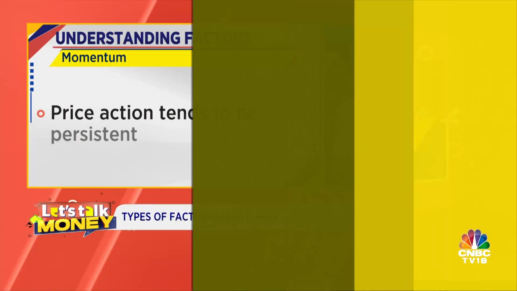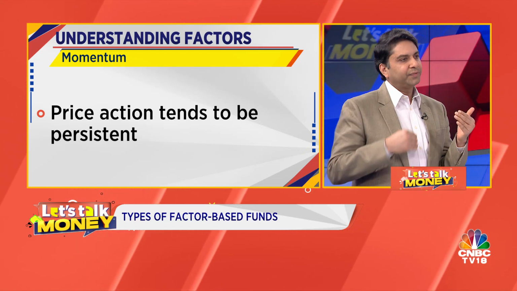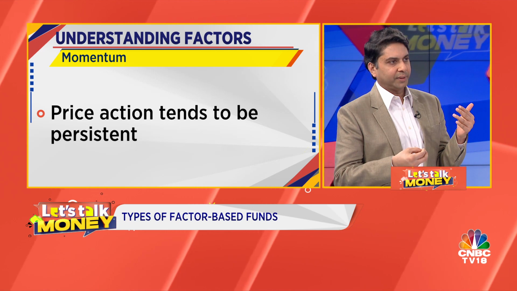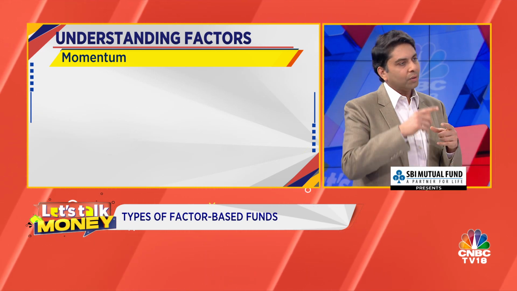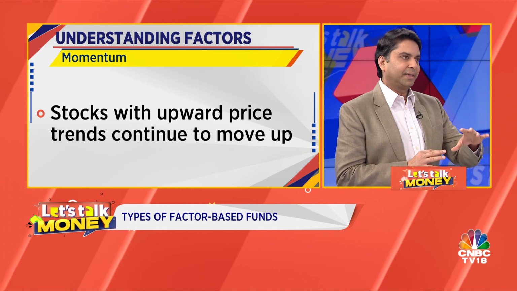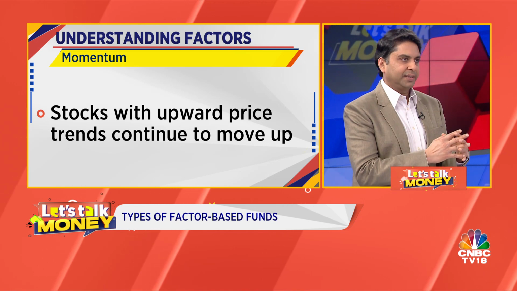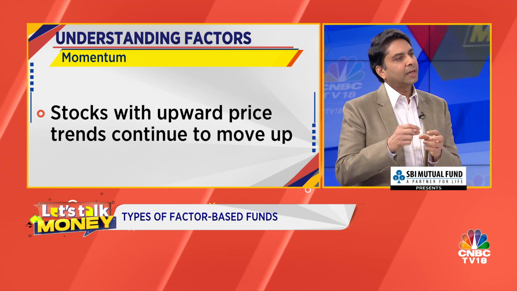Like for example, you have a Nifty 50. So in Nifty 50, there's a basket of 50 companies, and each company has different weightage. So HDFC Bank would possibly have about 13% kind of a weightage, and the 50th company would possibly have 0.5% weightage. When you have an equal weight Nifty 50, all the 50 companies will have a 2% equal allocation. So I'll give an example. HDFC Bank, as I said, in a Nifty 50 has about 13% weightage. In a Nifty 50 equal weight, it will have 2%.